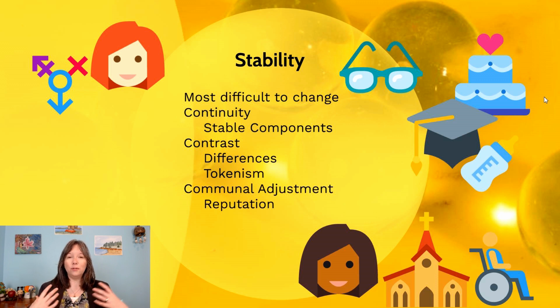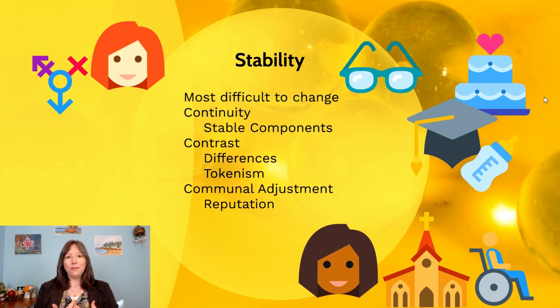Although we choose what goes into our public persona a lot of the time, other people choose what they want to pay attention to. And this is often the characteristics in us that show a lot of continuity and a lot of contrast. So by continuity, we're talking about things that are pretty stable. People choose to pay attention to things like our gender, our ethnicity, our name, and they choose to pay attention to things that make us stand out and make us different. So this is the idea that we become quickly tokenized. The things that make us different from the majority are the things that make up our identity.